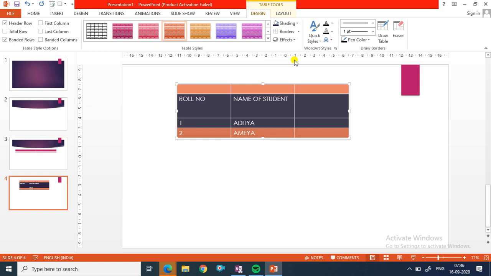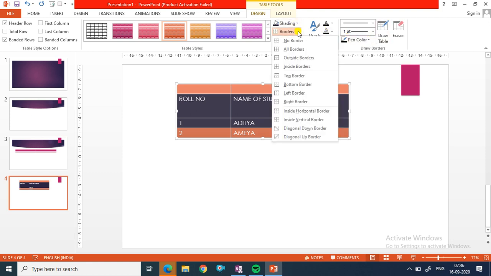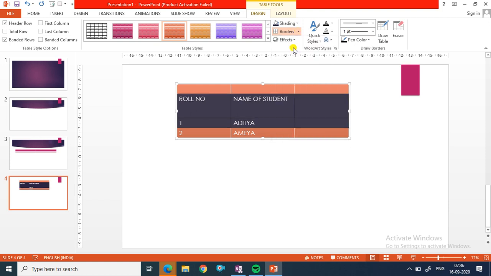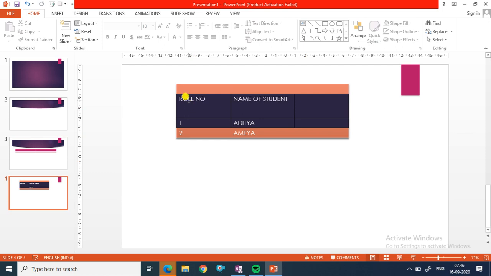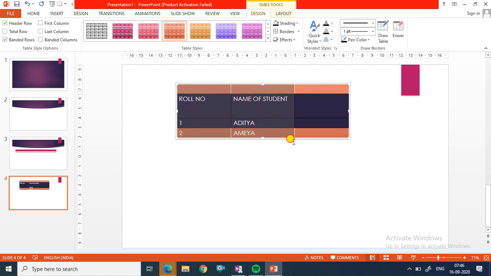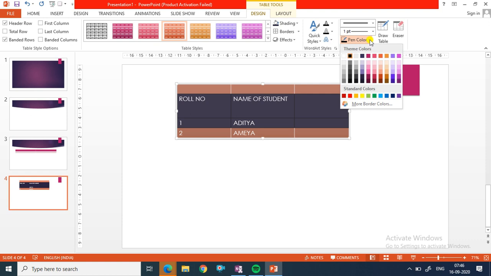Okay, in the same way we can apply the border. For borders, again click on that drop down arrow and just click on all borders. Fine, in this way. Now if we want to change the border color, so to apply the border color, again select the table you want to modify and click on the paint color button in the draw border group. Okay, so this is the paint color button. Suppose I want this one yellow color.